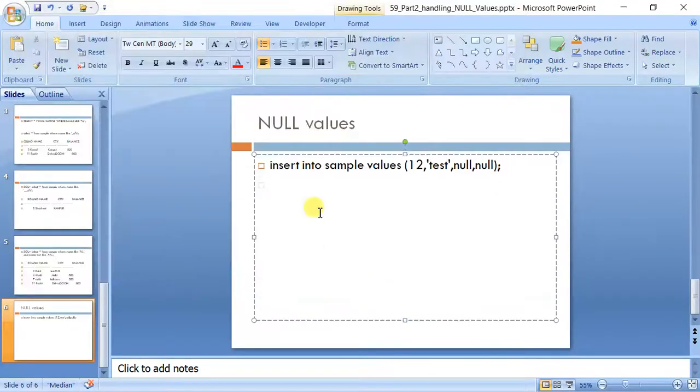So what is null? Null is actually just null. It is neither a space, nor double quotes, nor single quotes, nor any kind of white space. Null is just null.